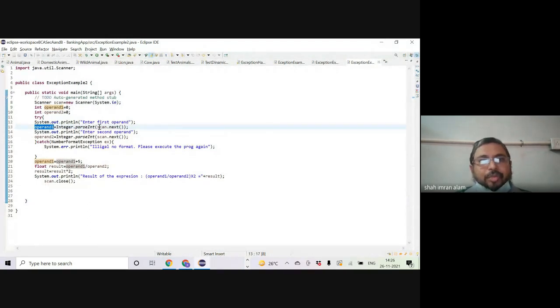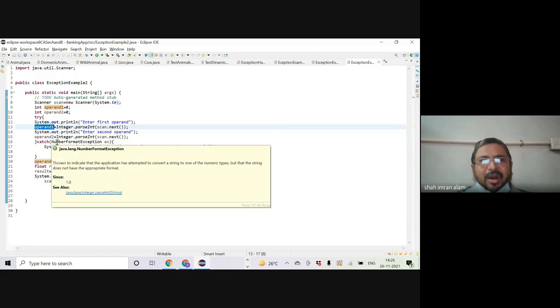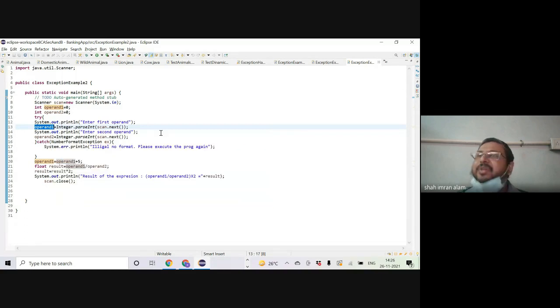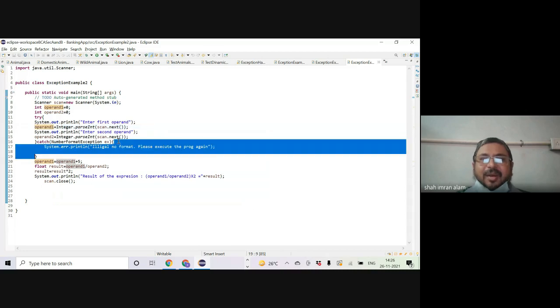So both these values, which will be scanned as a string from the keyboard, will be converted to integer values and stored in operand 1 and operand 2, right? And then we have this one catch block. Within the catch block, we have put the NumberFormatException, that is the handler. If there is any problem in the format of the number, we will see what it is, okay? Then this message will be printed,